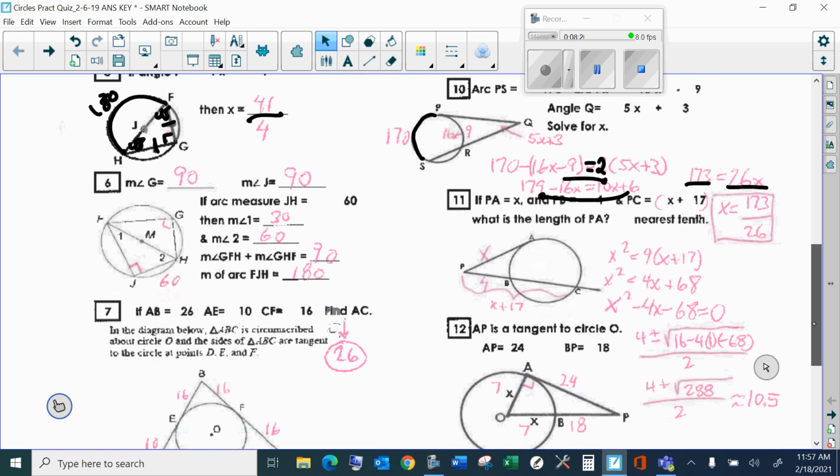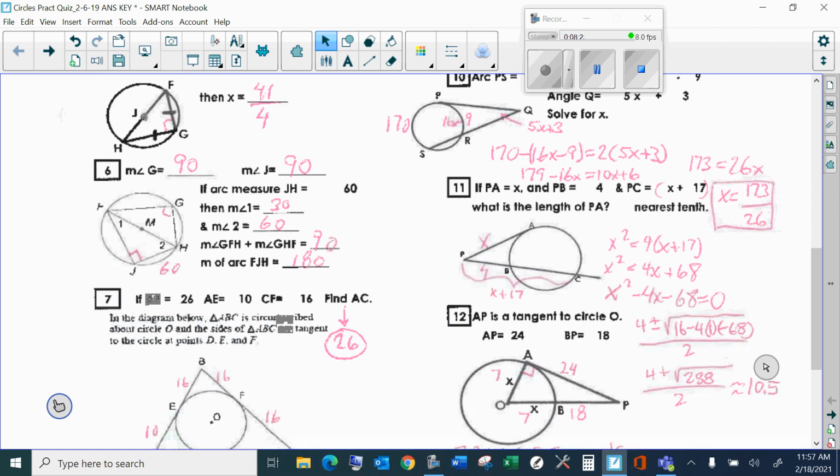That was 10. So let's get rid of that now. Come back over here to 6. Again, measure of angle G, we know is 90 because it goes to the ends of the diameter. Same with J, goes to the ends of the diameter. So both of those are 90 degrees. If arc JH is 60 as I have it here, then obviously I know my inscribed angle is half of